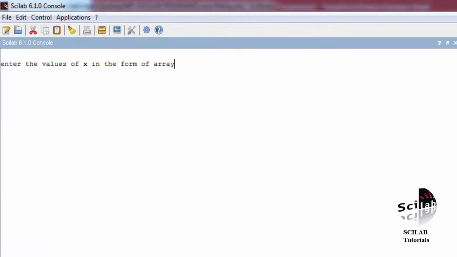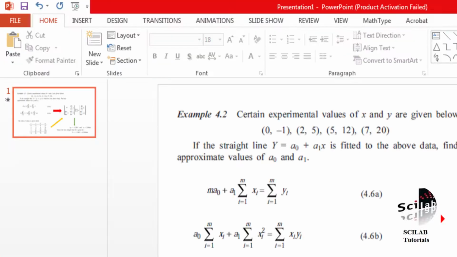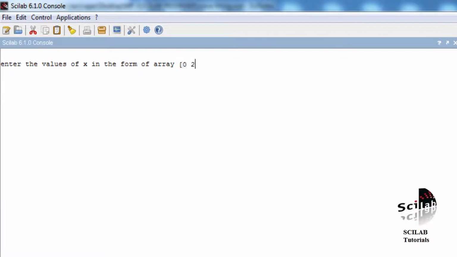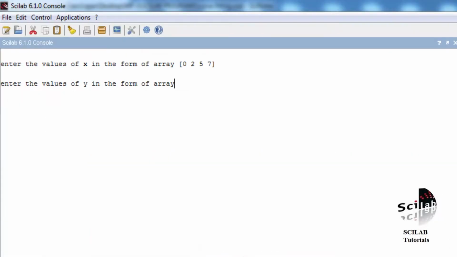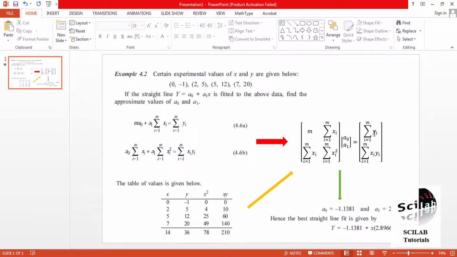So again the values of x are 0, 2, 5, 7. The next values are minus 1, 5, 12, 20. So we can see the square matrix A is already checked, and the column matrix C must contain summation yi and summation xi yi.